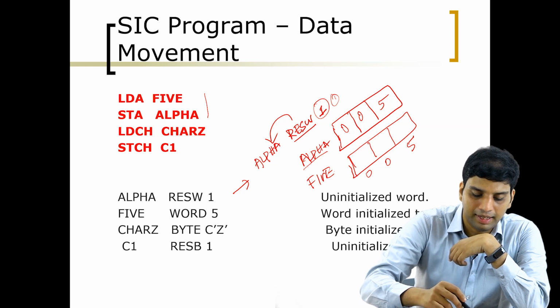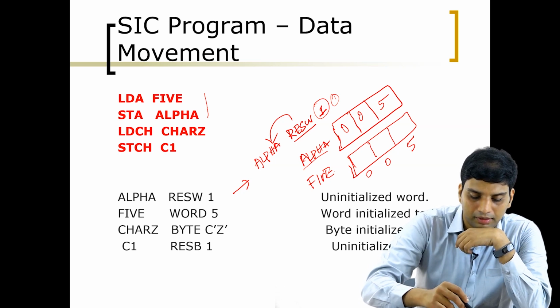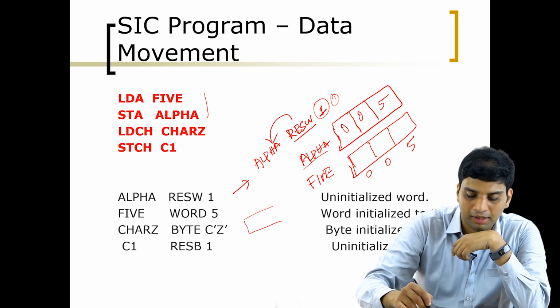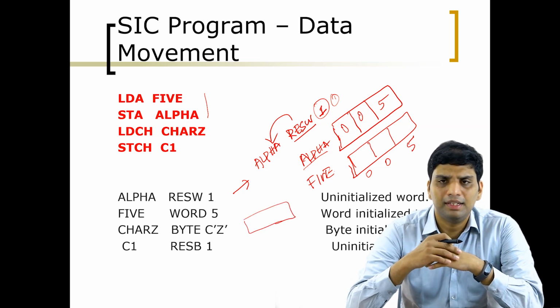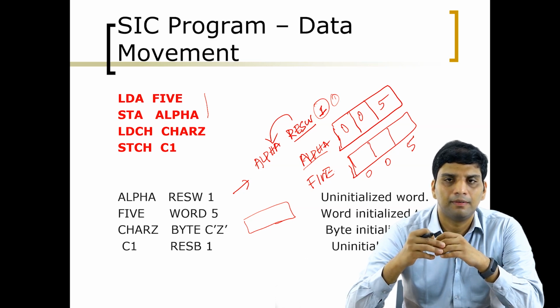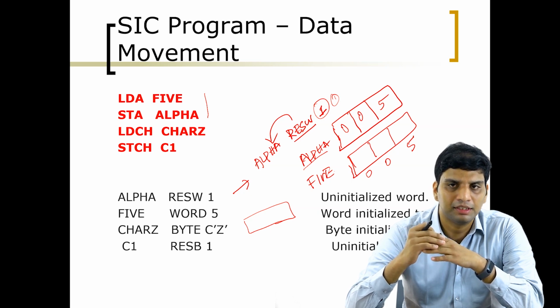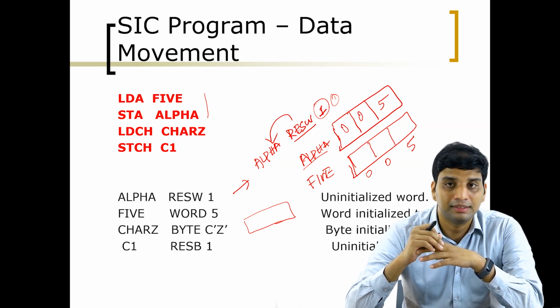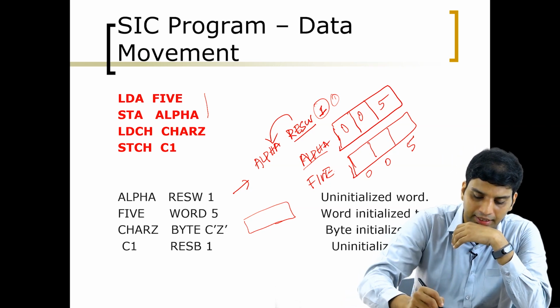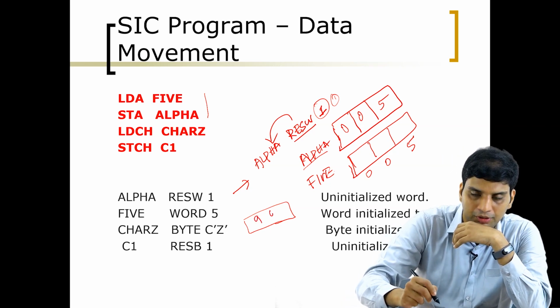It is similar to that. Character, char reset, byte. See, byte means only one memory location. And you might have discussed how SIC stores your alphabets. Alphabets are stored in the form of 8-bit ASCII code. Here reset, so the value for reset is 90. So 90 will be stored in 8 bits.